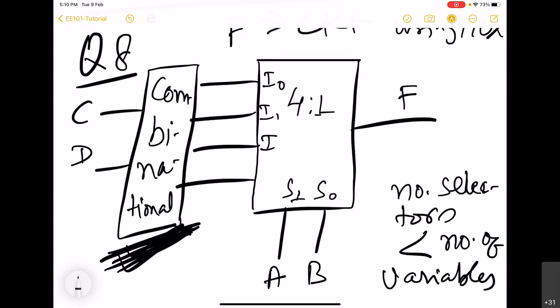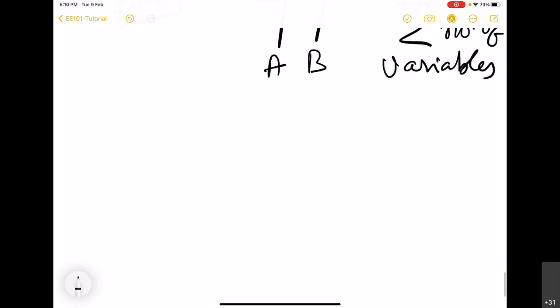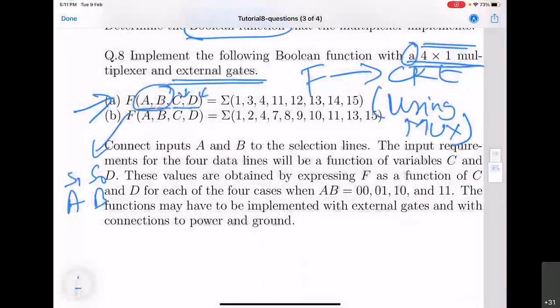I0 is D. And I1 is C bar D bar. Yes. And similarly, I2 is CD. And I3 is 1, irrespective of C and D. Yes, correct. So for that, we take the help of the table, right?